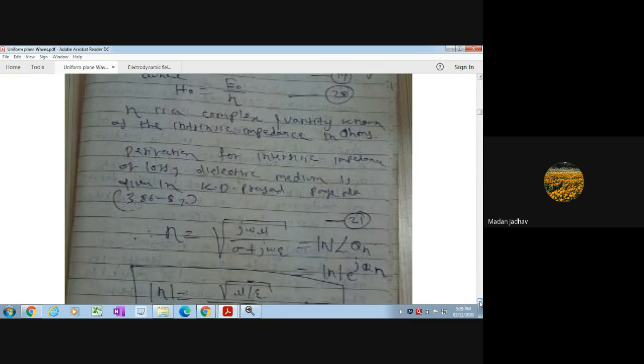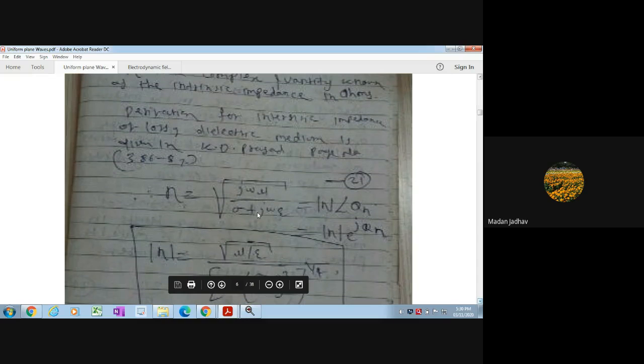whenever the wave is propagating through a lossy dielectric medium, the intrinsic impedance quantity actually has a real part and an imaginary part. Therefore the equation for the intrinsic impedance is the square root of j omega mu divided by gamma plus j omega epsilon. This equation also we have to remember, because this is the equation for intrinsic impedance for a